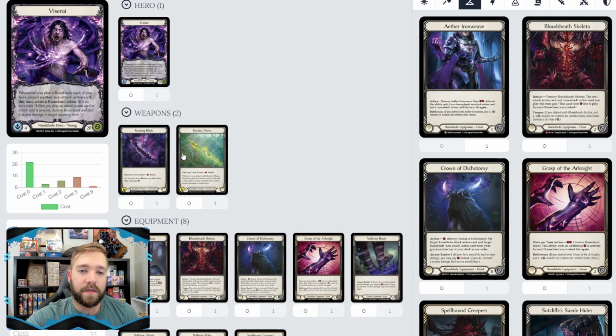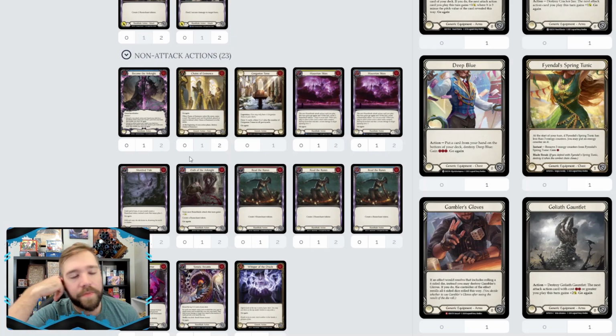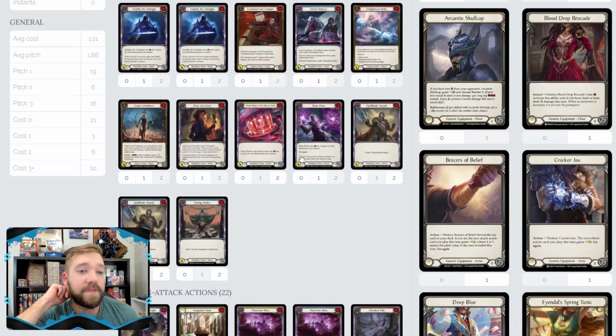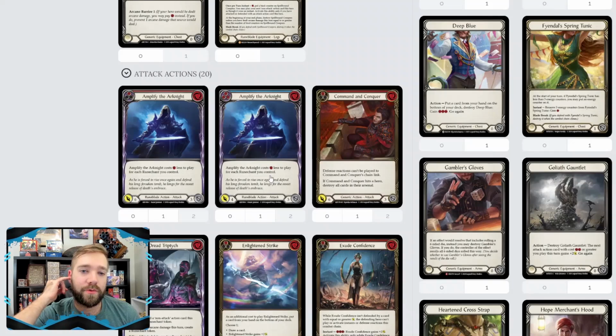We've got the, what, 2 plus 8 is 10, and then we got the 23. 20. Okay, so we have to figure out a way to cut some of these non-attacks down. We can cut chains. Yeah, that's easy. Done. No, that would be so simple. Cut chains and just call it a day. I would love to